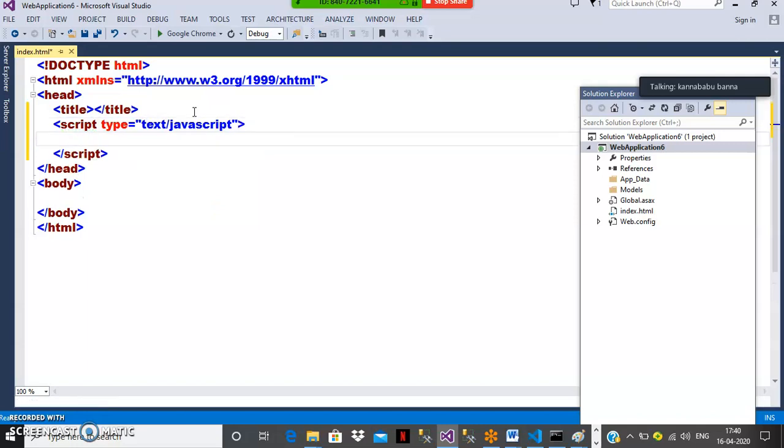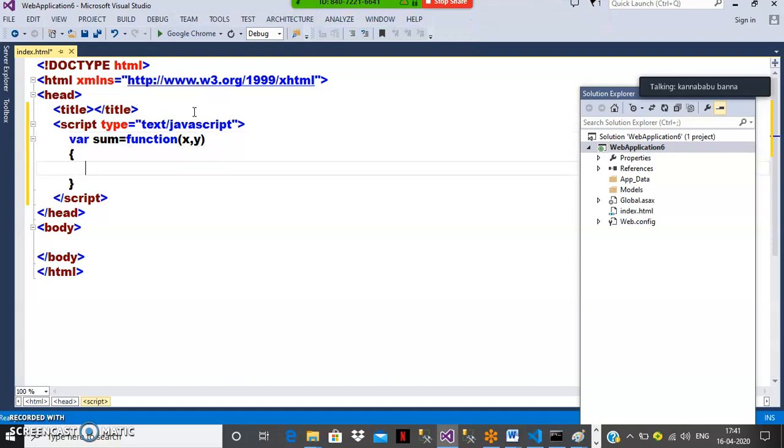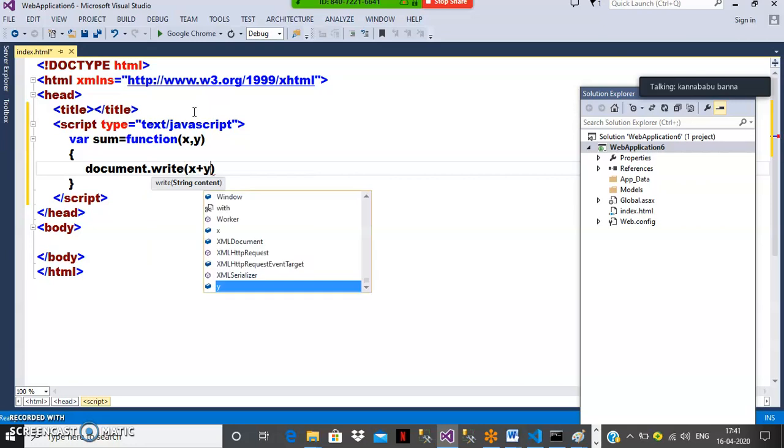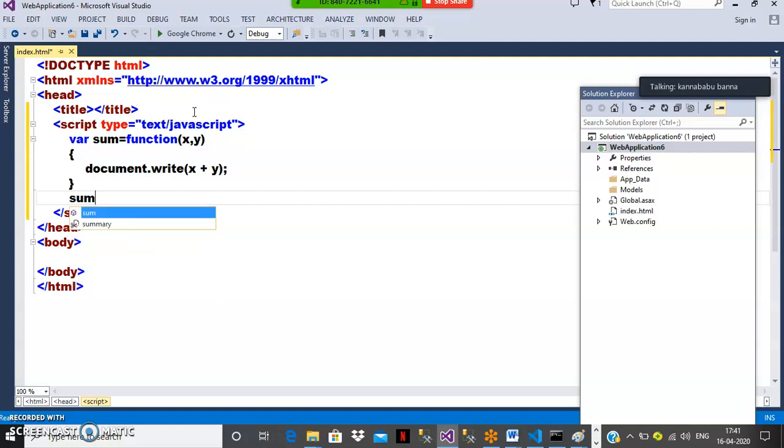Here I will declare var sum is equal to one function without having any name, and I will pass two input parameters, x comma y, and print document.write of x plus y. Document.write is used to print the statement on the browser. Here I will call the function sum of 6 comma 3.